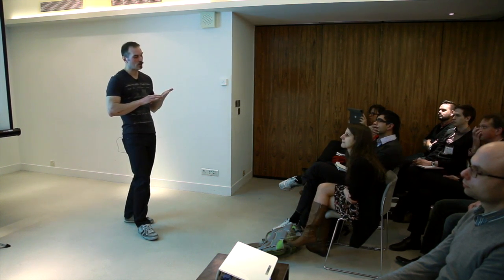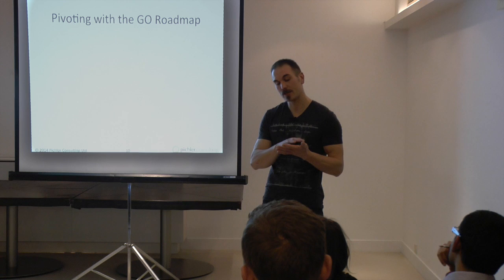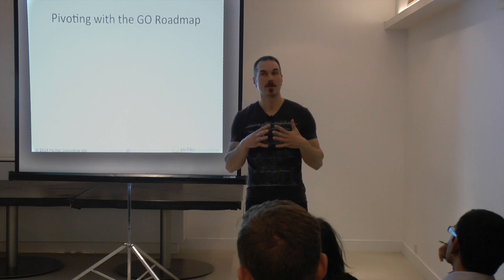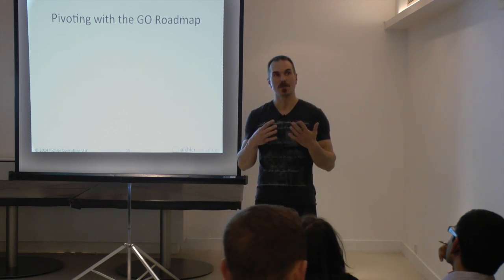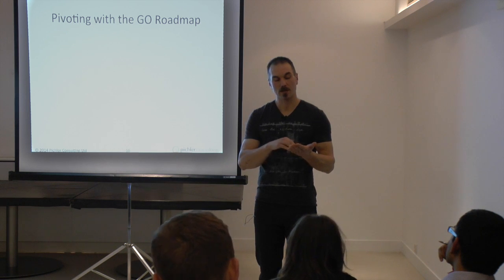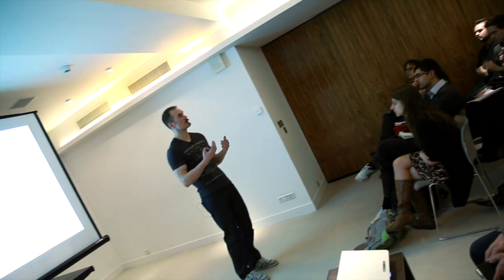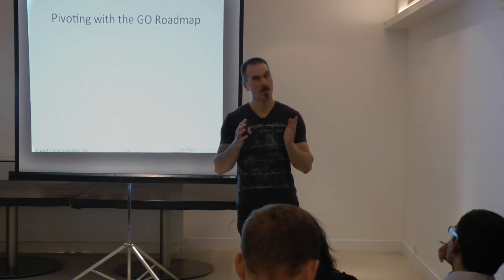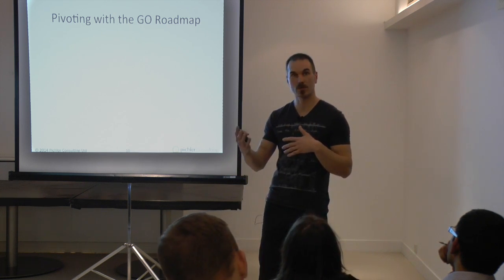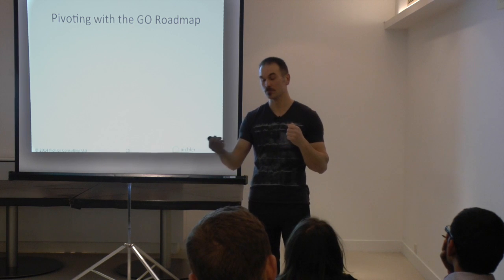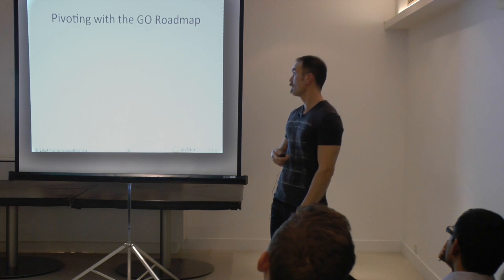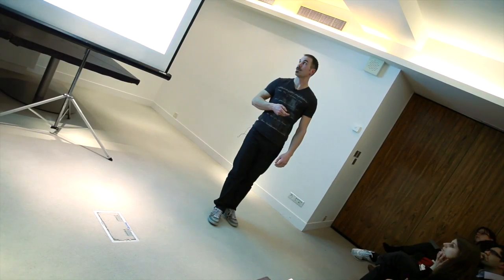So I'd like to introduce my idea of accommodating changes, and particularly unplanned changes, with a goal-oriented roadmap. And I've called it pivoting with the roadmap. Pivoting is a concept that was developed by Agile Lean within Lean Startup. And the idea is that we stay true to our vision, to our overarching idea, our goal, but we change the path towards the goal, that we change the strategy. So how can we accommodate this with the roadmap? Well, let's have a look at the process.